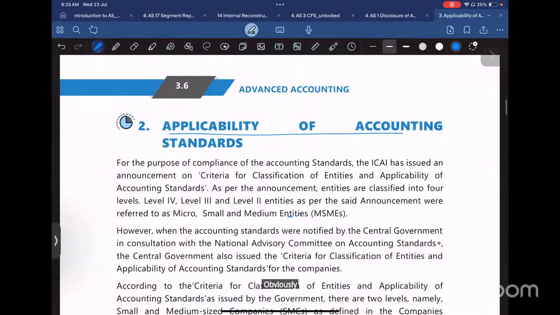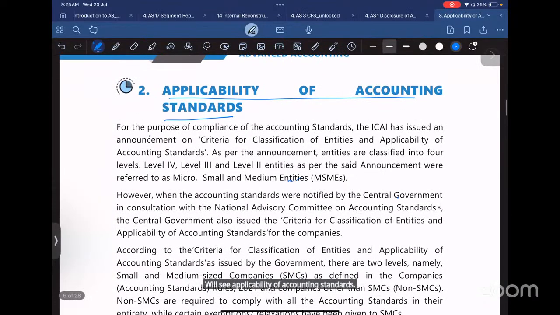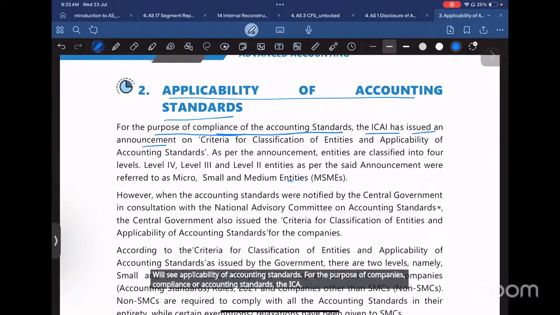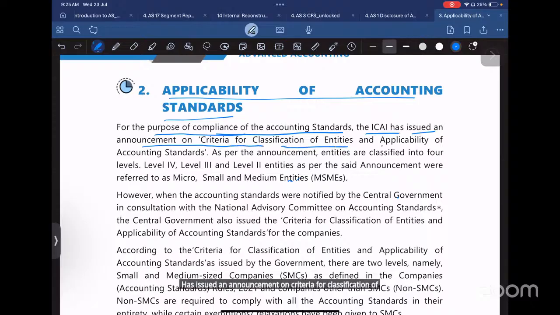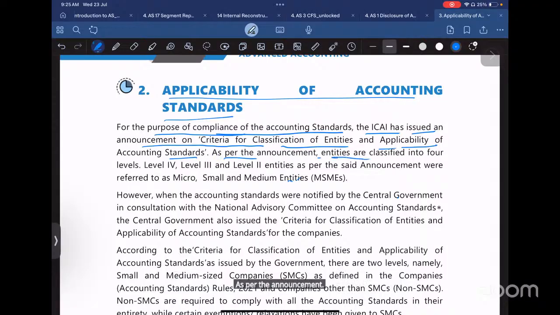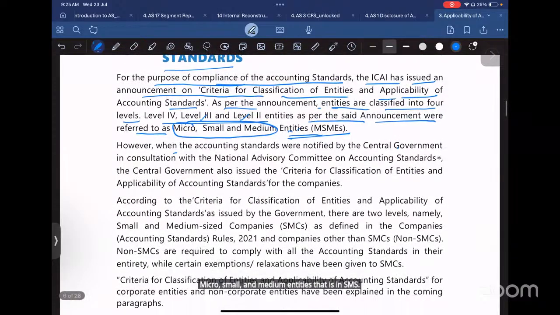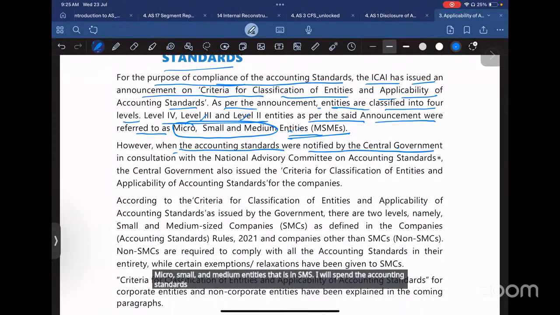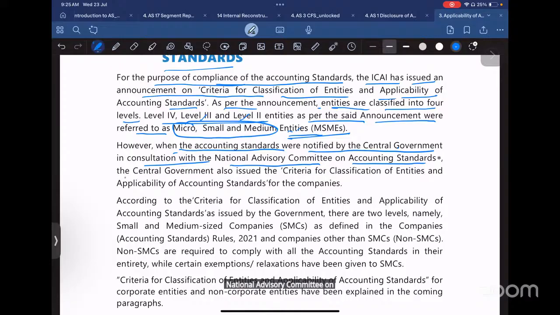Now we'll see applicability of accounting standards. For the purpose of companies in compliance with accounting standards, the ICAI has issued an announcement on criteria for classification of entities and applicability of accounting standards. As per the announcement, entities are classified into four levels: level 1, level 2, level 3 and level 4. Earlier, these were referred to as micro, small and medium entities, that is SMEs. However, when the accounting standards were notified by the central government in consultation with the National Advisory Committee on Accounting Standards,